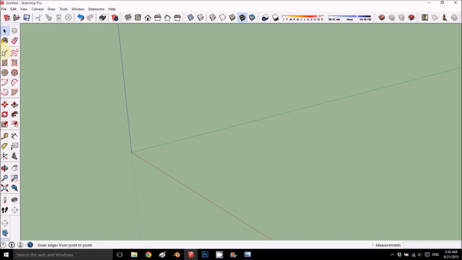Okay. Now I want to talk about the line. So the line tool, you start with one click. And in SketchUp, with most of the commands, you don't drag the clicks. You just click, you let it go, and then you can move around, and then you can click another. So I click my first click, and